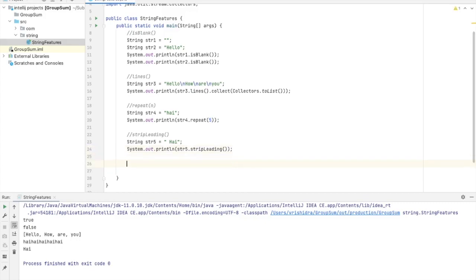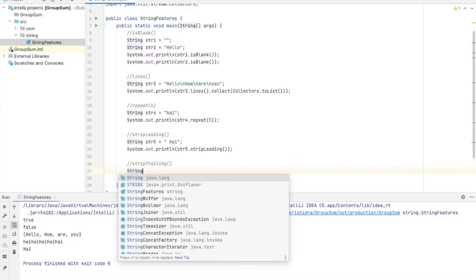And the next we'll look into stripTrailing. As the name suggests, this will remove the trailing empty spaces, that means the empty spaces at the end of the string.